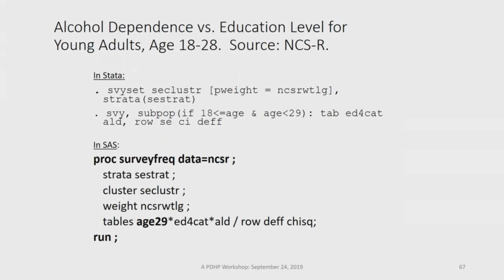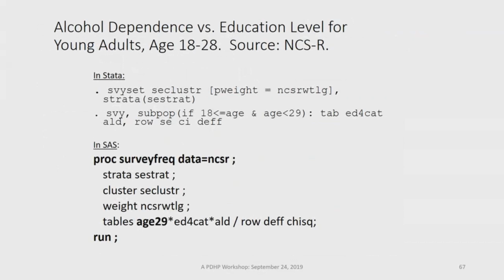So in this example, the research question is, do these education categories vary in terms of prevalence of alcohol dependence, specifically for this young subpopulation? So if I look at young adults between the ages of 18 and 28, is there an association between the amount of education they've achieved and whether or not they've been diagnosed with alcohol dependence? So that's the research question here. So we're looking at a contingency table where education is the row variable, alcohol dependence is the column variable, and